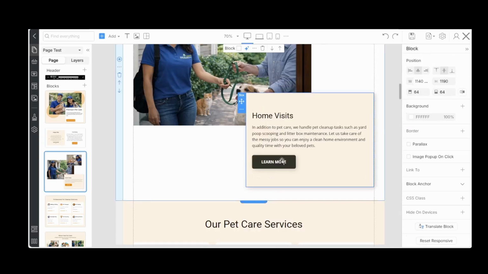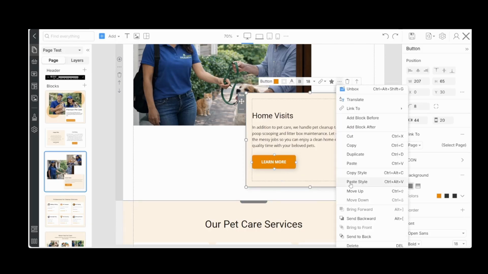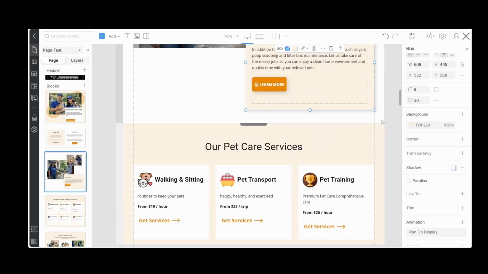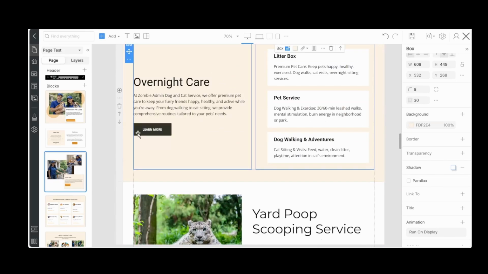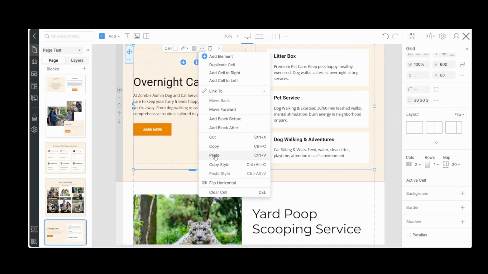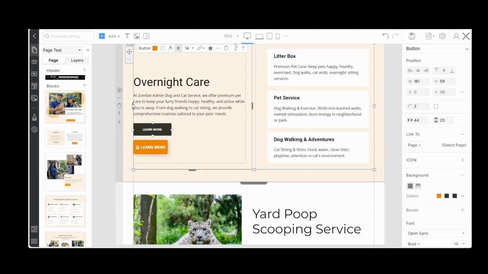And let's do the same thing with this button. Let's paste. Let's continue on. I know that we're going to be using. Let's paste. Give it to the left. Let's delete.